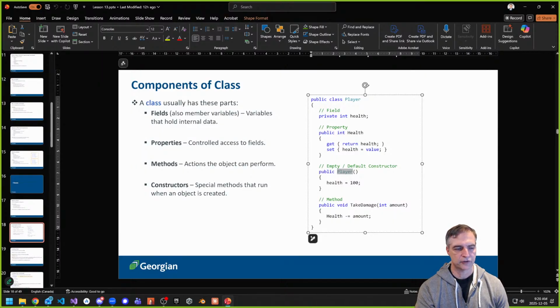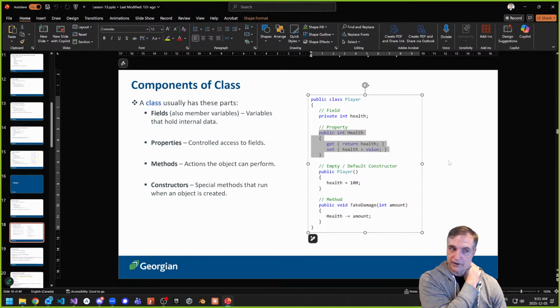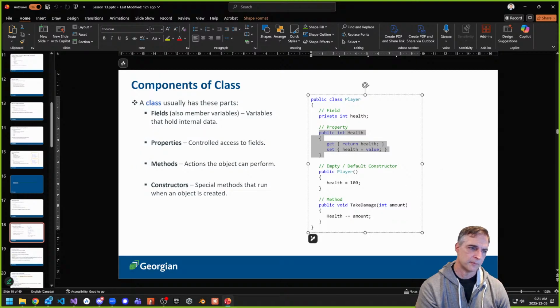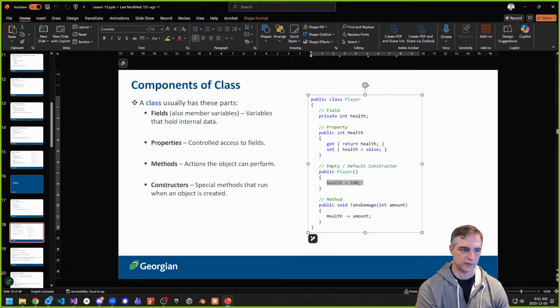But the constructor function has a special role, and a lot of times what it does is initialization. So if we declare a field up here, we have an entry point, a way of getting data to and from the field here with get and set. The get and set allows us to get data from the field and assign data to the field. So this is, again, like our door, our entry point into the field data itself, right? And then the constructor function gets called, and we want to initialize the field with some kind of default data, right? As an example, maybe 100 by default. Maybe health is always 100 by default in this case for players, right?